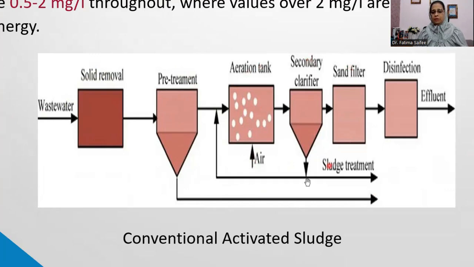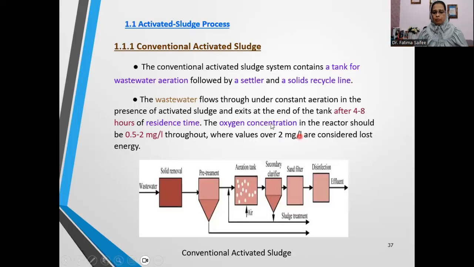Then the sand filtration method. Whatever sludge comes out is removed through sludge treatment. Then finally it comes to disinfection, and the effluent water can be released as